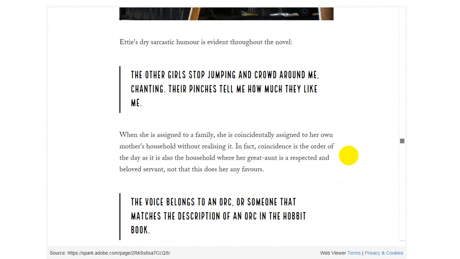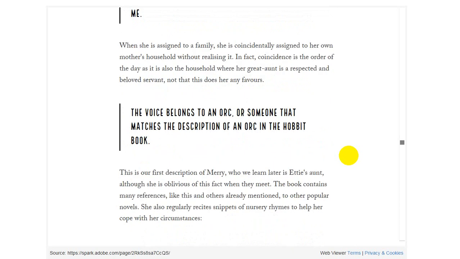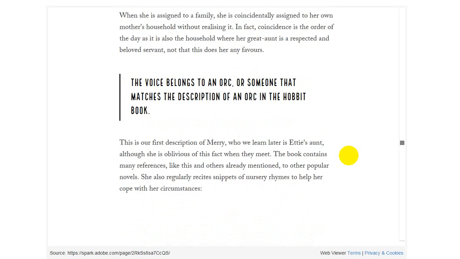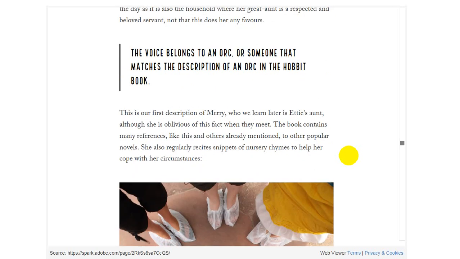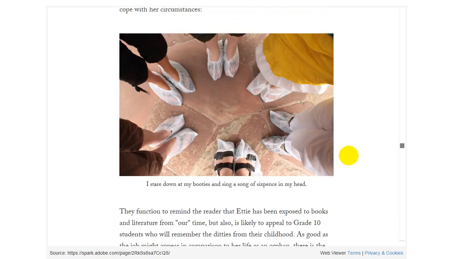When she's assigned to her family, it's coincidentally her own mother's household. And also her great aunt is the respected, beloved servant there. But Mary doesn't realise that she is her great aunt, and in fact only cares about mistress. Ety refers to her as an orc, which tells us that she's obviously read J.R.R. Tolkien. This is our first description of Mary, and she also uses nursery rhymes in the novels she's read to